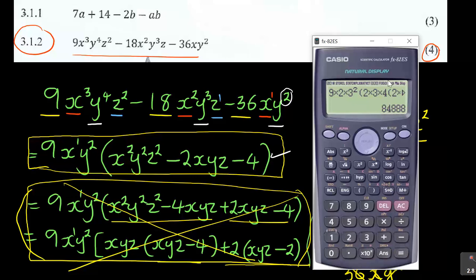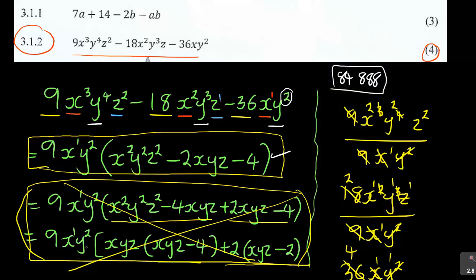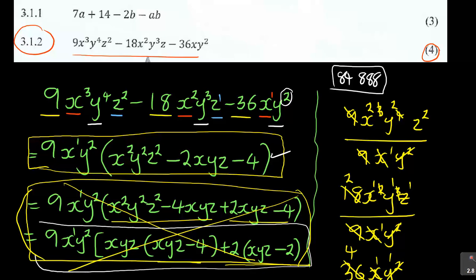Yes, 84,888. So this was still fine here, just that it couldn't go further. I couldn't match this bracket and that, hence the answer had to end at that stage. Alright guys, so it was correct, but it needed to end at that stage. I wanted to take it further, but unfortunately the examiner didn't want to take this further. So let's look at the other one.